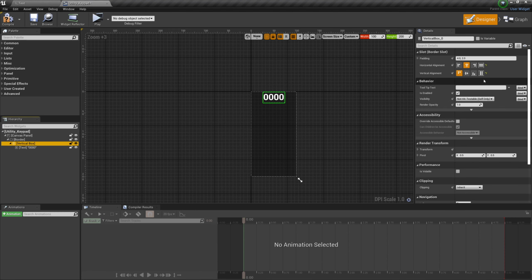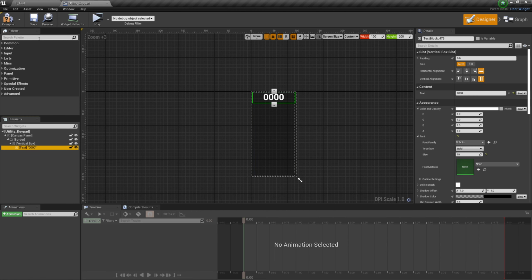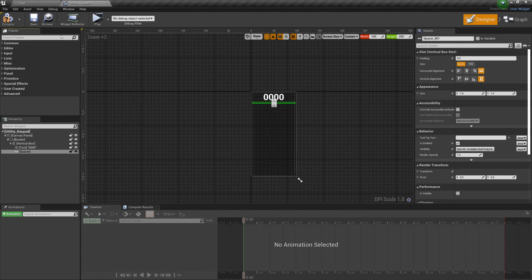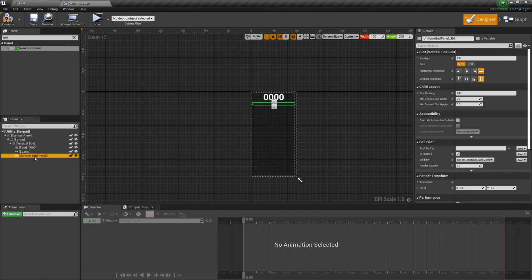And because I forgot to do it already, let's wrap that with a vertical box. So with the vertical box selected, we'll fill out the canvas panel. Next up, let's get a spacer so we can determine the space between this code. And then let's get ourselves a uniform grid panel. Drag that onto the vertical box. Inside the uniform grid panel, we're going to put some buttons. So grab a button,